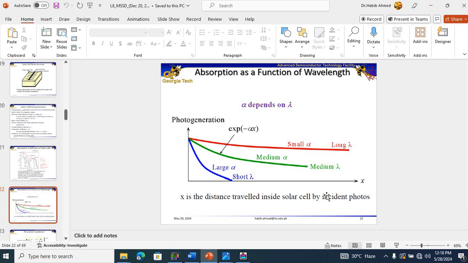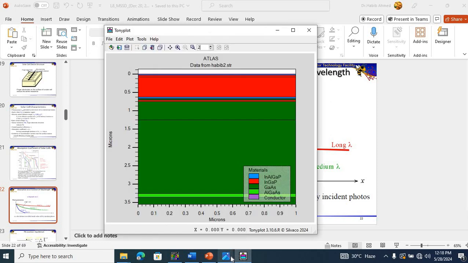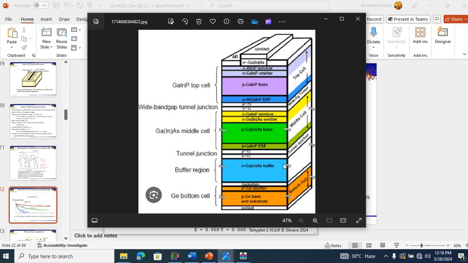Now, based on that concept, we can deduce that shorter wavelength light can travel shallower into semiconductors. Medium wavelength light can travel up to medium distances inside semiconductors, and longer wavelength light can travel deeper into semiconductor materials. So with that concept in mind, if we go back to the multi-junction solar cells, here looking at the